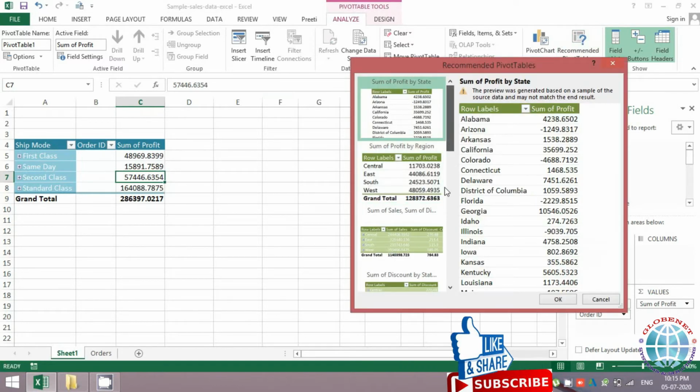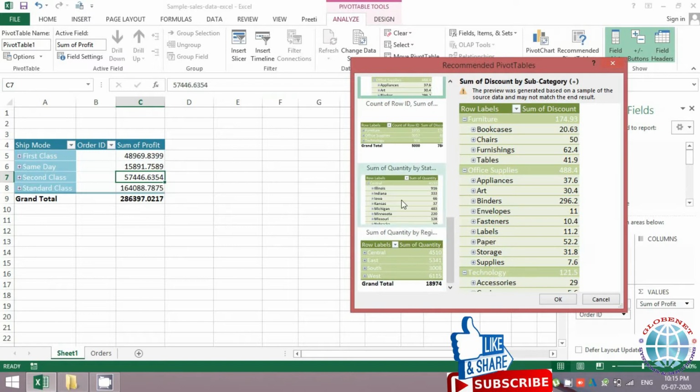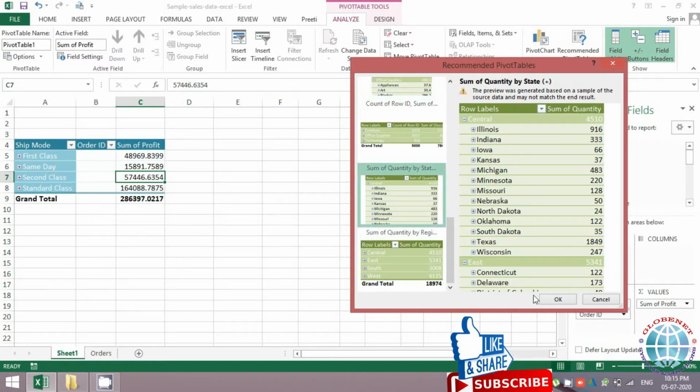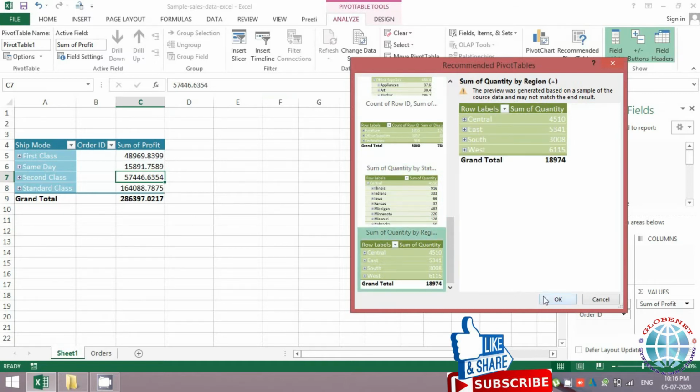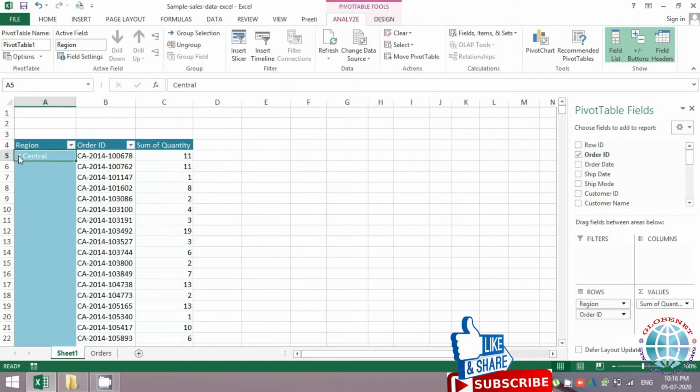In case I want a different view, this is the one which I had created earlier. I had created even this view, if you remember the second pivot that I had. Let me try this. Okay, so if you see, there are some plus signs and there is something over here called order ID. So it's actually region wise, order ID and sum of quantity. It is actually collapsed. If you click on the plus, it will expand. It will give you all the order IDs in that particular region and the number of quantities sold.